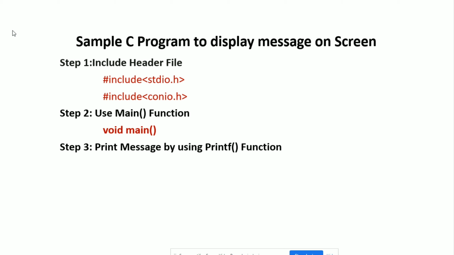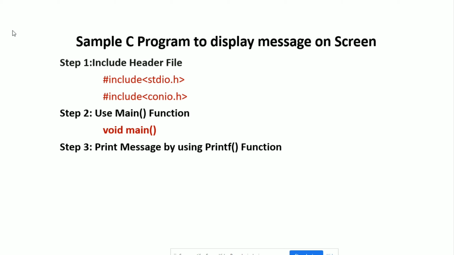Now the third step that we want to perform is print message on the screen. If we want to print something on the screen, at that time we need to use the printf function. printf is one of the library functions, and this function is used to send the output to the screen.